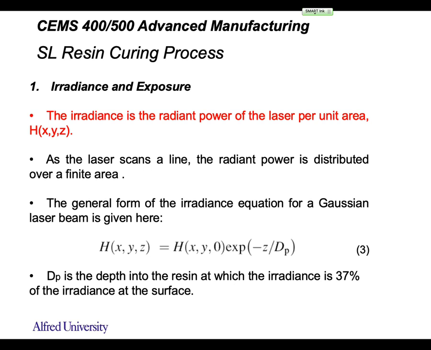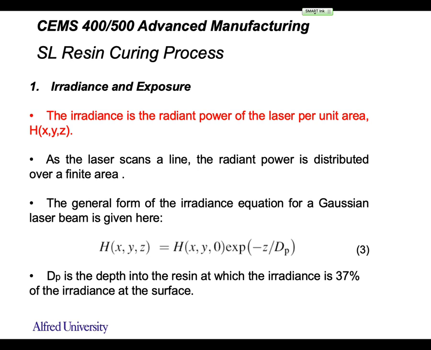This is the irradiance of your laser spot per unit area. If you have one laser spot, it's not uniform. This is a uniform laser spot in the XY coordinate system, but if you want to talk about the photo formulation in 3D, you have to find out this power in XYZ. 3D is not easy to analyze, so we want to focus on the 2D first, and the relation between the 2D and 3D